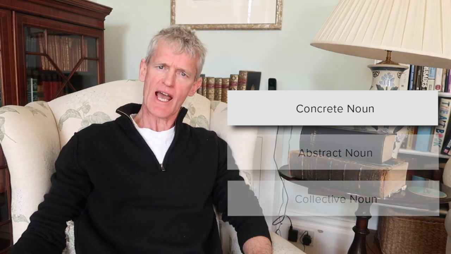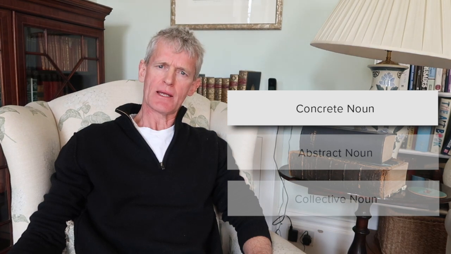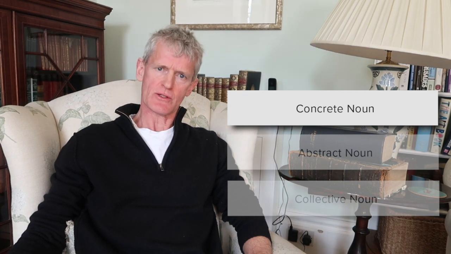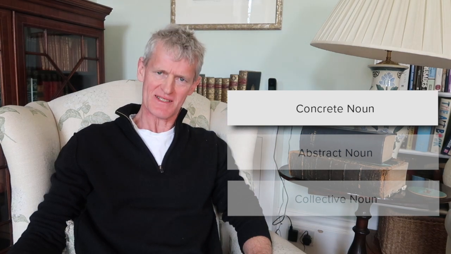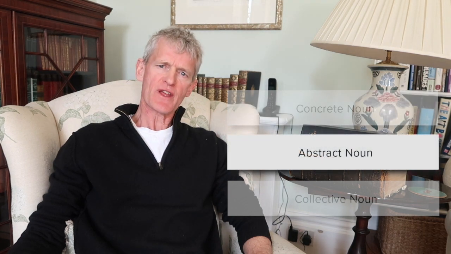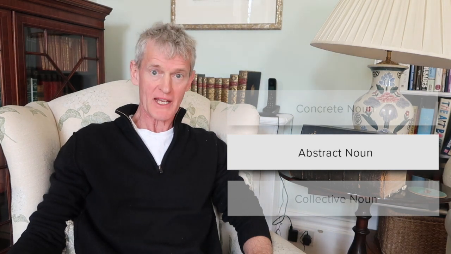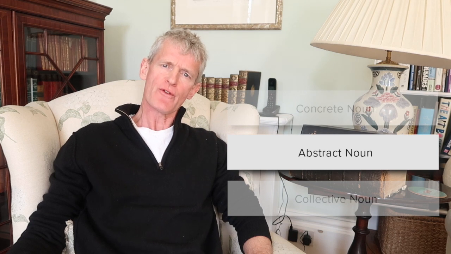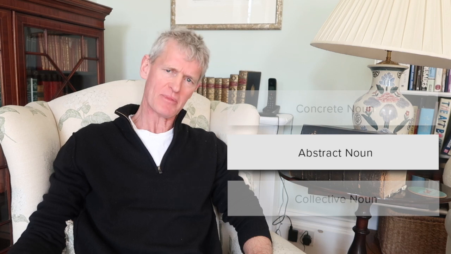A concrete noun might be dog, because you can touch a dog. A bicycle, because you can touch a bicycle. Those are all concrete nouns, but they needn't be made of concrete. A person is a concrete noun. You can touch a person. Abstract nouns are things which you can think about, you can visualize sort of in your mind, but you could never touch. So fear and panic and courage and happiness, all of those are abstract nouns.